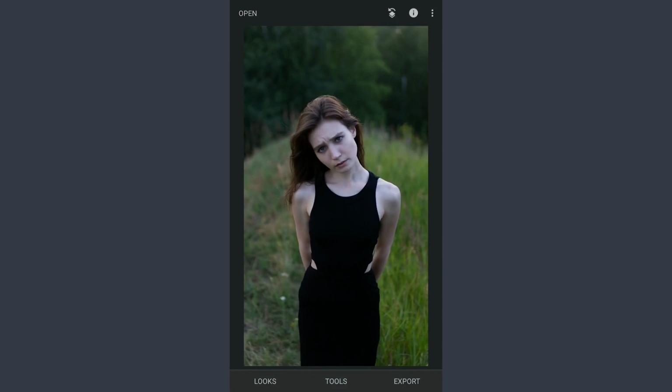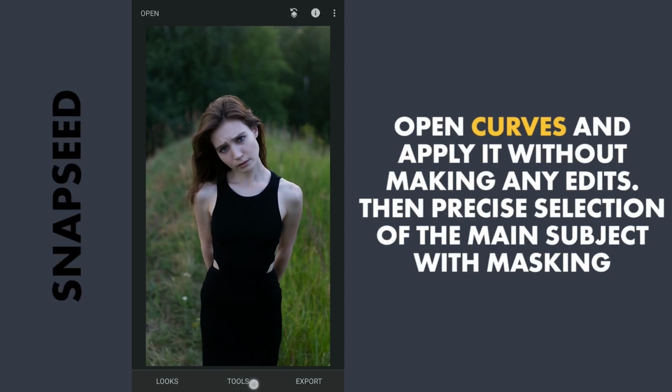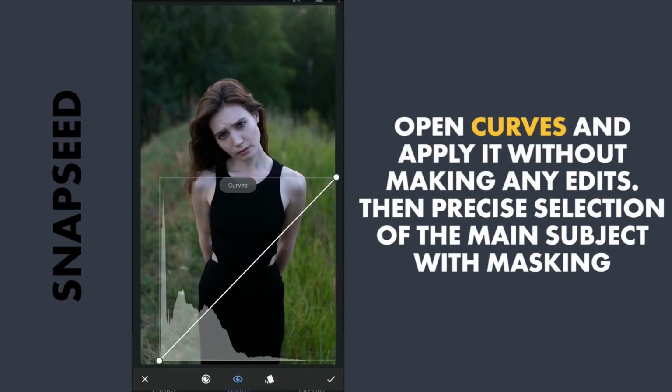So for this image, I will do a few edits with the curves tool to get the desired look. Before that, I will do a precise selection of the main subject with masking, which would be done for only one time, but the same selection will be applied on subsequent edits with the curves. You will see how. First, I will start by going to the curves tool and applying it without making any